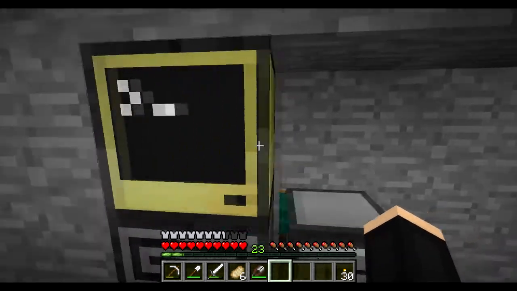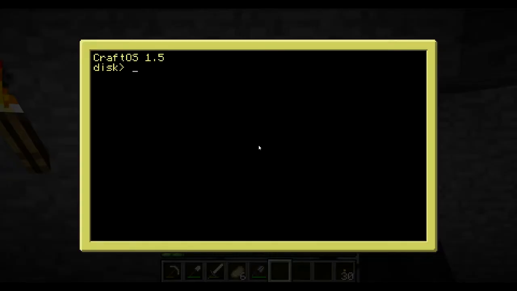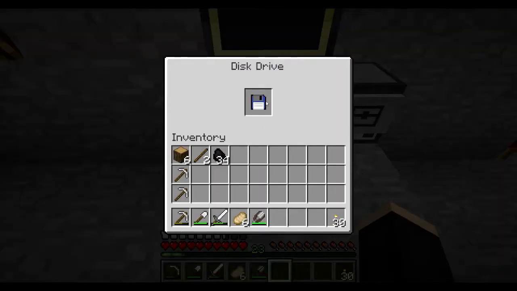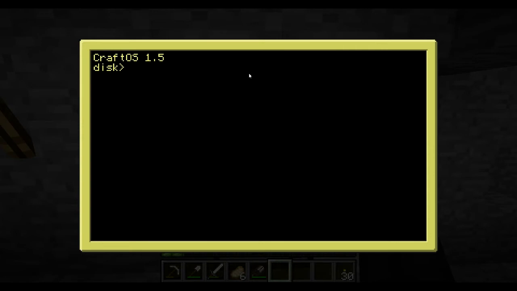First off, I did a change on this computer, which makes it edit startup. No, it's CD edit startup. It's just a basic program that makes it so if there is a disk in here, it will run from that disk. And here's the function program, so I could easily just edit files from the disk. So edit